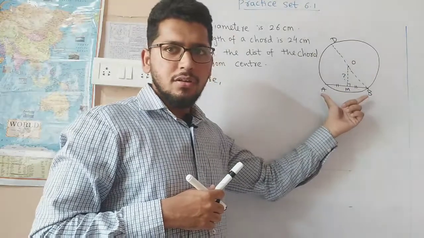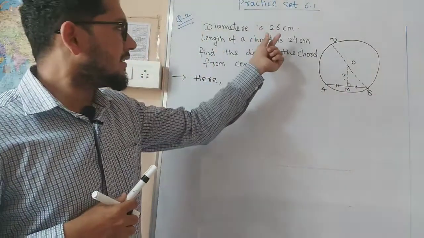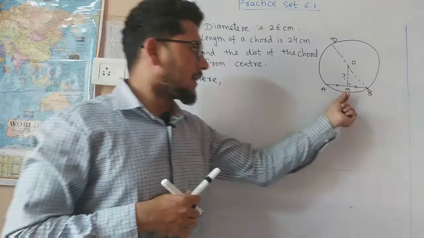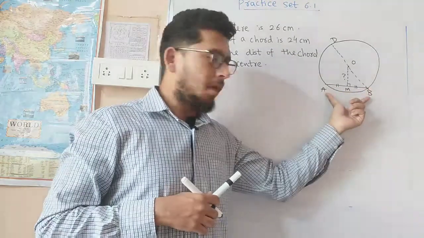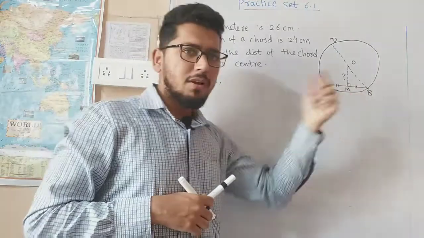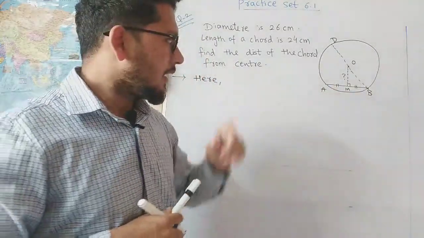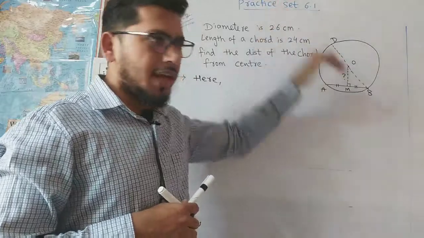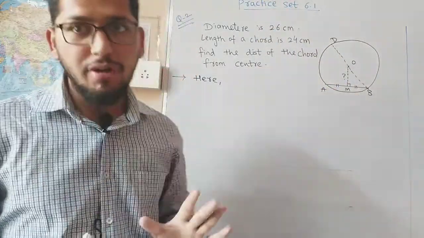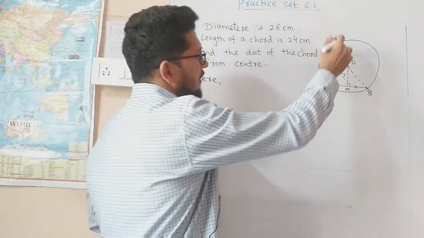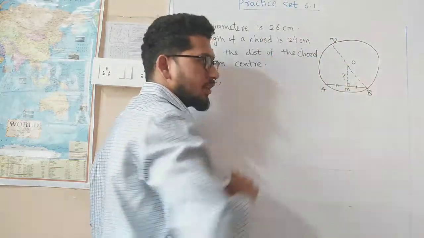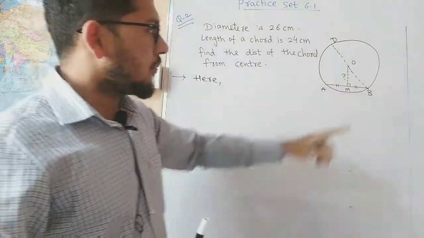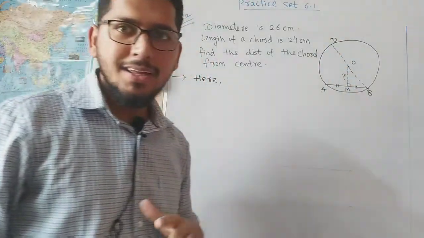The value of AB is given, that is 24 centimeter. But M is dividing this AB into two equal parts. Suppose this AB is 24, then AM and MB will be 12 and 12. ठीक है, here BD is given, means total diameter is given, radius is not given. So we have to take the half part. तो BD का half लेंगे, diameter 26 है तो 26 का half लेंगे तो what you will get, 13. So BO is 13 and OD will be 13.